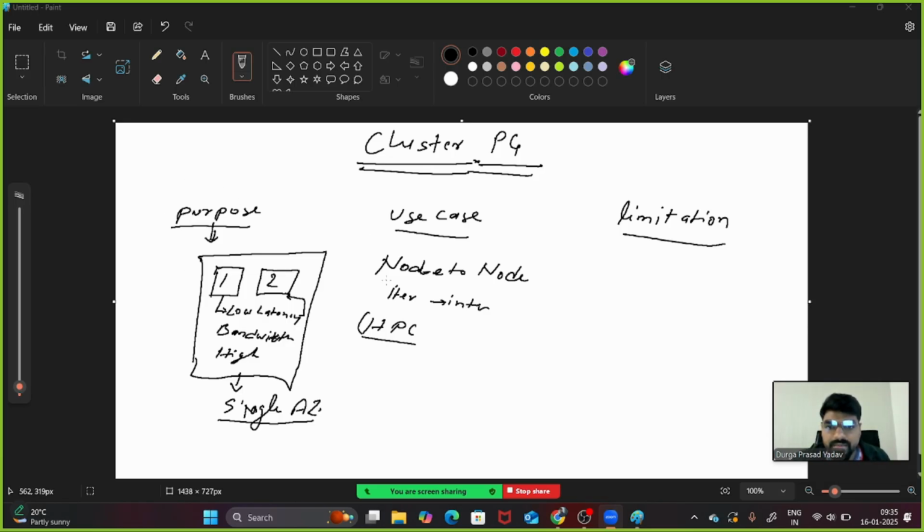It's clear, right? So when we talk about the use case, in which case you are going to use a cluster placement group: if you have node to node communication, or HPC, high performance computing.